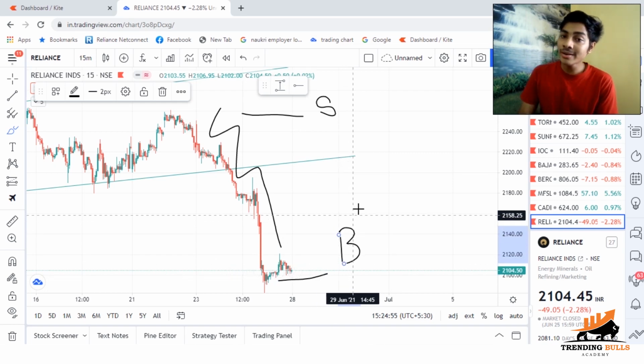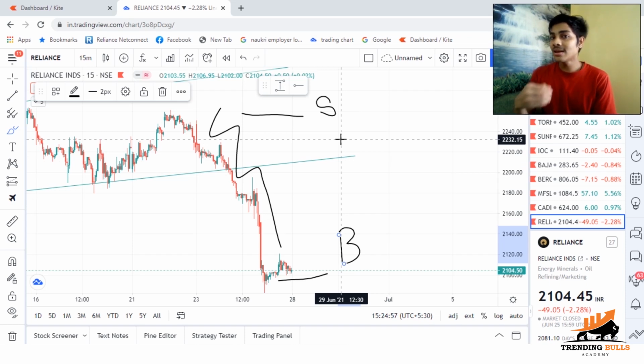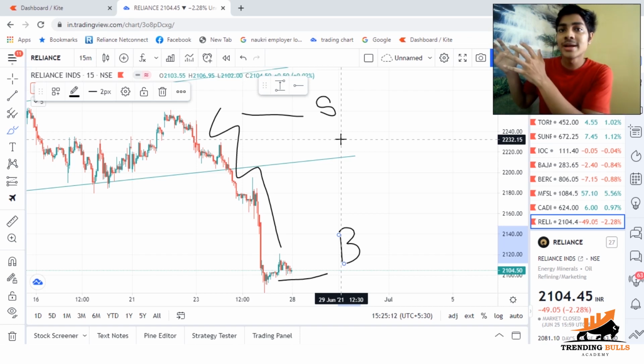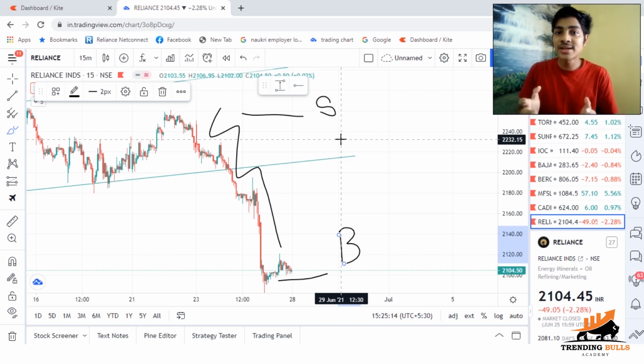Now you might be wondering, how can we sell a share that we do not have? So let me try to explain to you. Now you might not have the shares in your Demat account, but the broker through whom you'll be trading will have some shares with him, like for the intraday purpose.